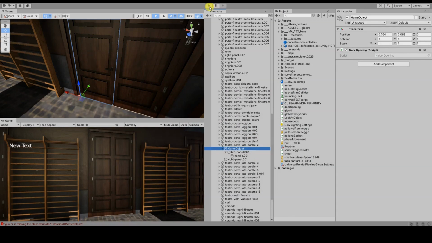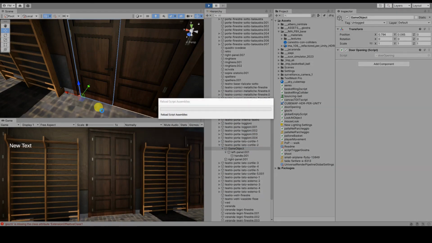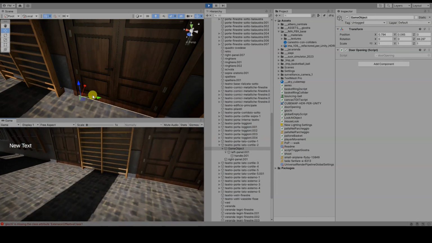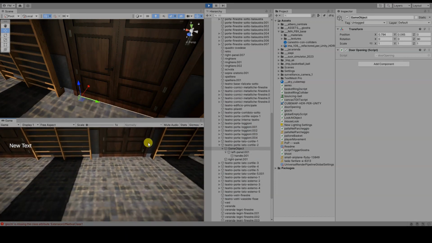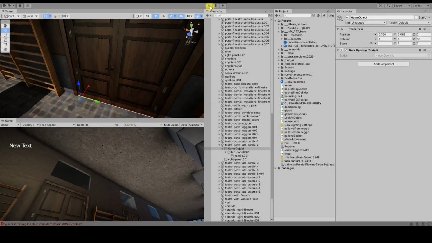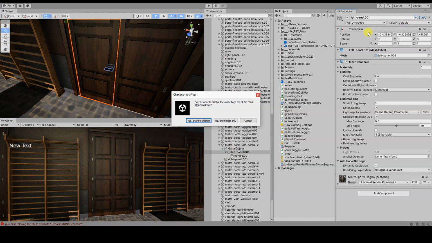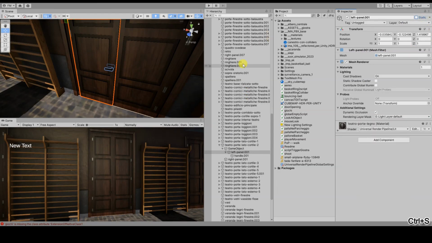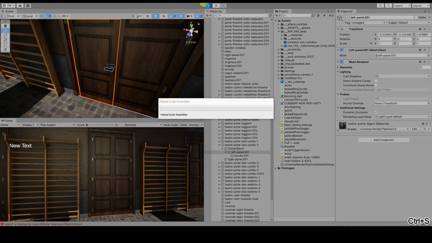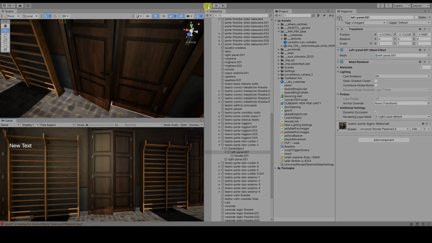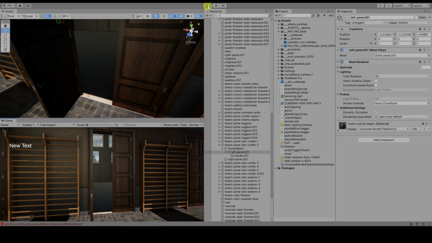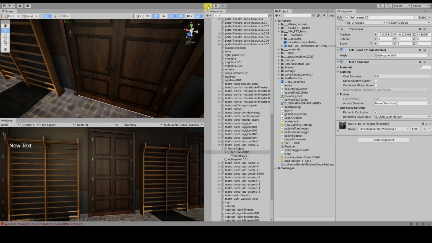Now, when starting the game, we will notice that the empty rotates around its vertical axis, but the door panel does not open. This is because I initially set this object as static, as I did not expect to animate it and had Unity calculate the global illumination. However, now I want to animate it, so I deselect the static checkbox in its inspector and confirm the operation for the child objects. Starting the game again, this time we will see the door opening with smooth interpolation in 1 second.